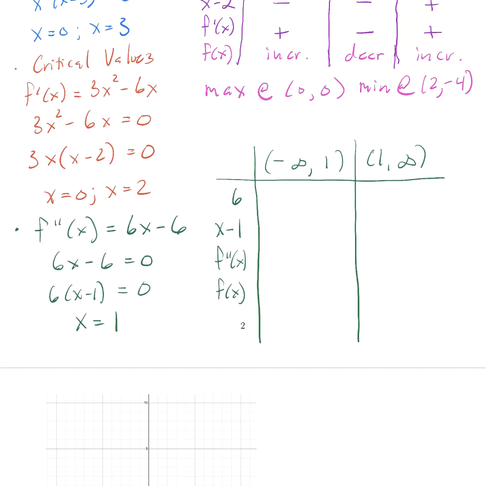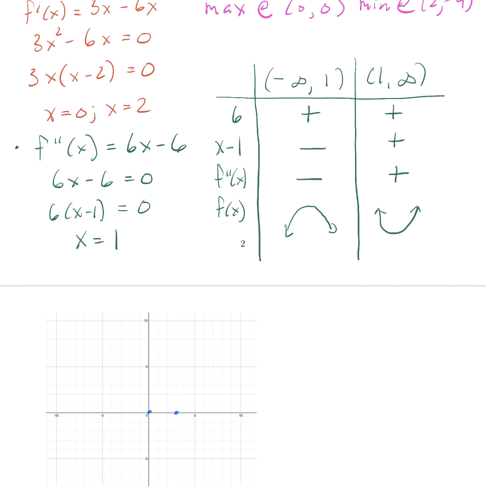We take the second derivative to think about concavity, we get 6x minus 6. Set that equal to 0, factor, we get x equals 1 as a potential critical value, and we can figure that out. So let's see, we get plus 6 is always positive, x minus 1, 0 minus 1, negative, 2 minus 1, positive. So that means the second derivative is negative, positive. This means f of x is concave down, and this means f of x is concave up. So this change right here at 1 gives us an inflection point